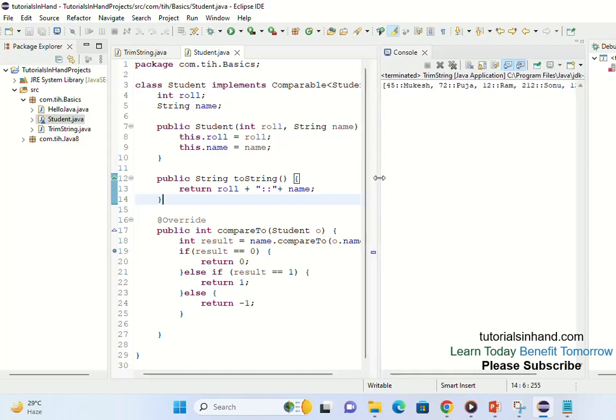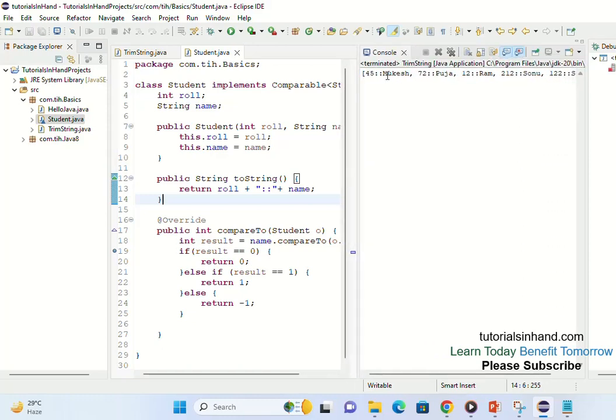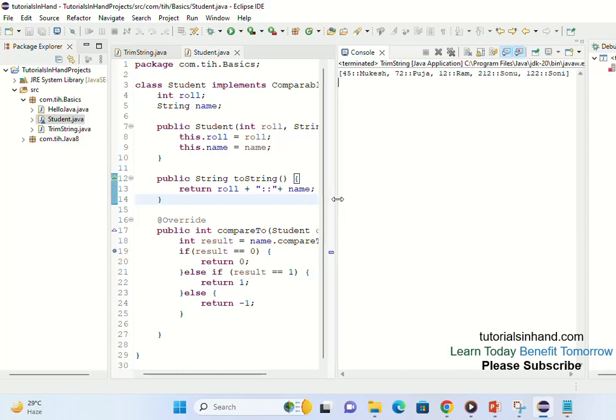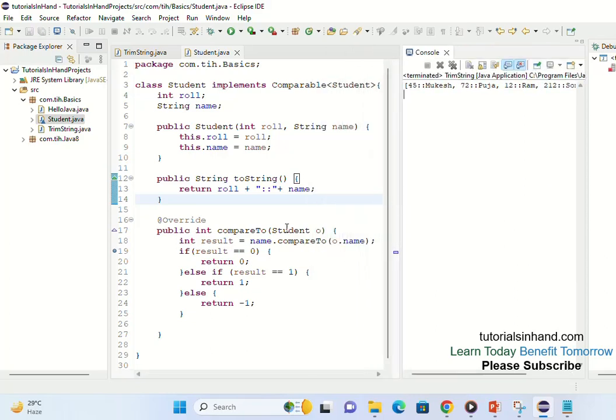See, now the sorting is done based on the lexicographical order where M, N, O, P, Q, R, S, and then we have two values with S. So S and S are equal. So now this O will be compared, and then these are also equal. Then N will be compared. These are also equal. Now you will come to U and I. So U, V, S, T. So U is greater, right? So that is why Sonu is printed first and then Sony is printed. So this is how it is compared lexicographically, and we get the output like this in the case of string.